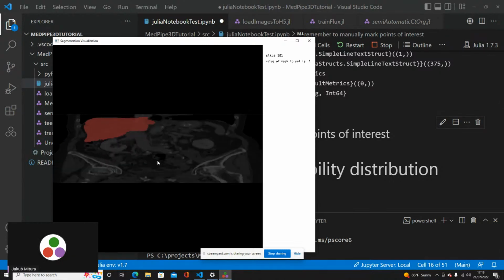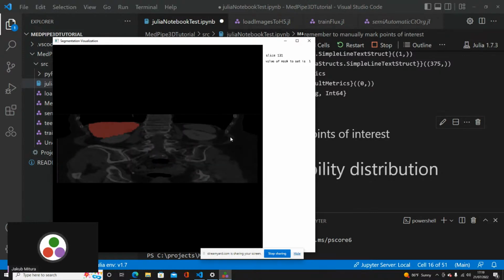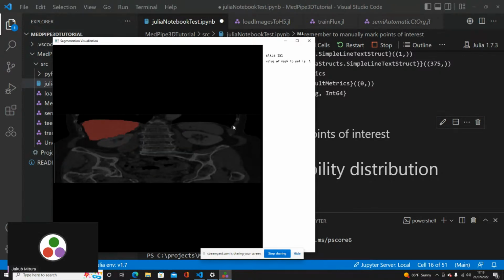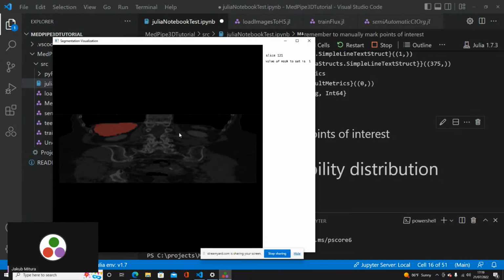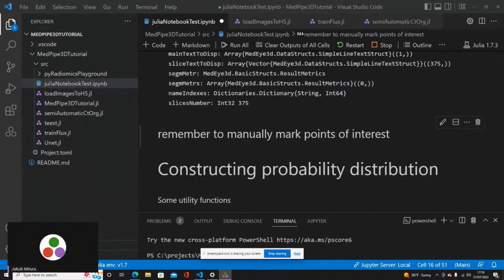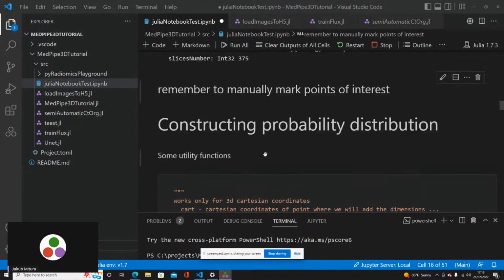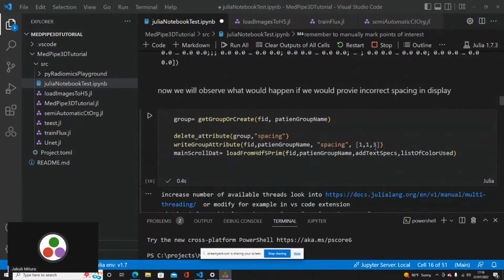This is because the viewer thinks that each voxel from top to bottom has 3 units, and because of it, it needs to squeeze it. If it would really be 3 units, it would look normal, but it's not. It's really 1 by 1 by 1, but we have broken it intentionally now to change it. Okay, and now let's change it to another value.